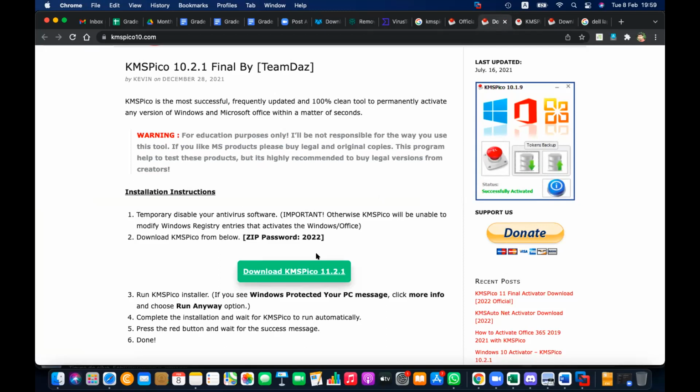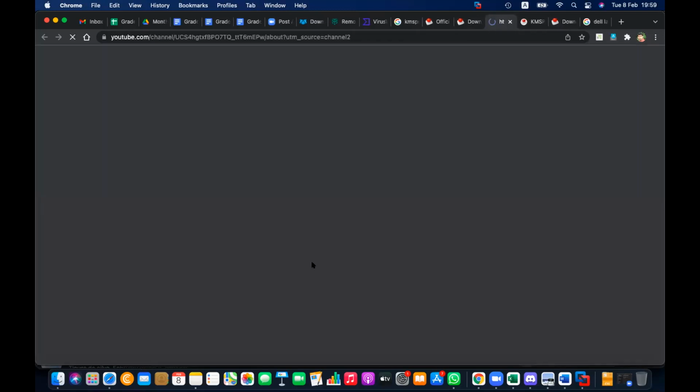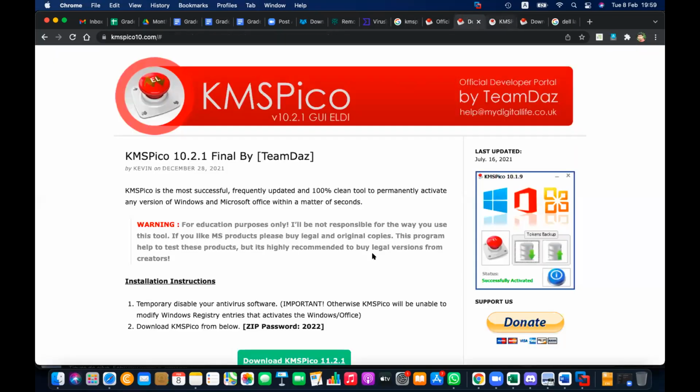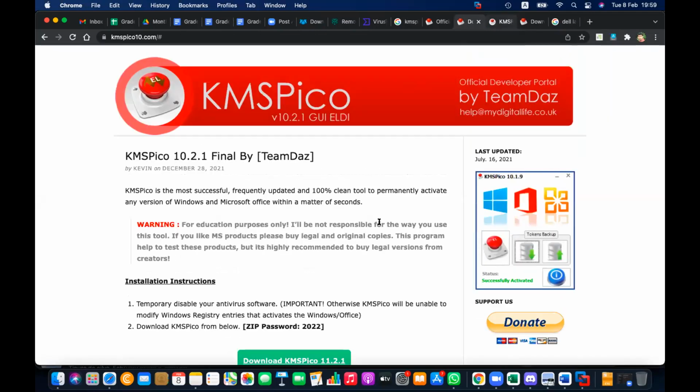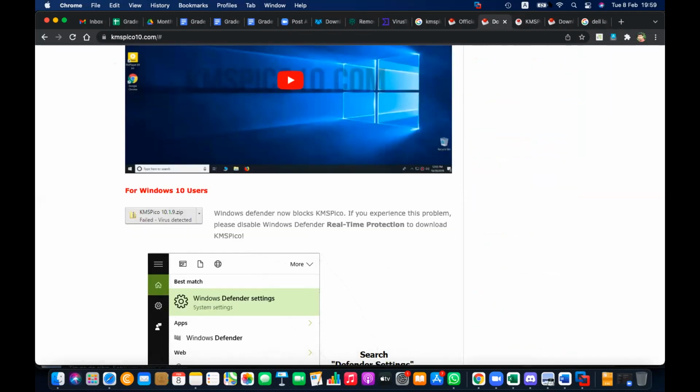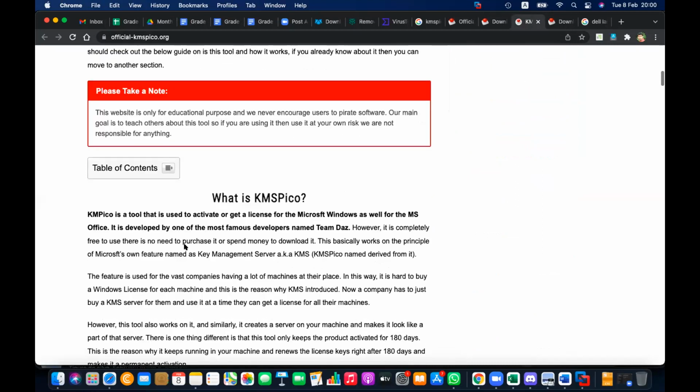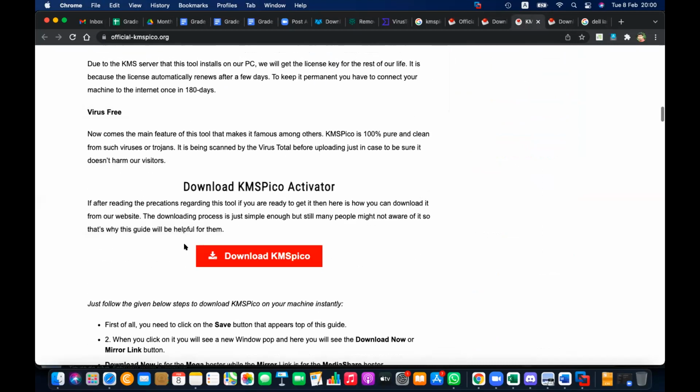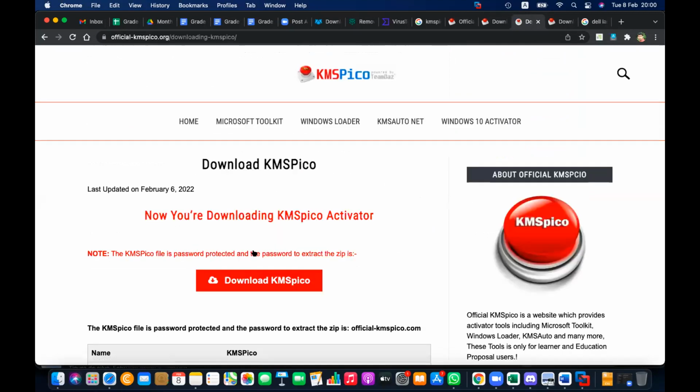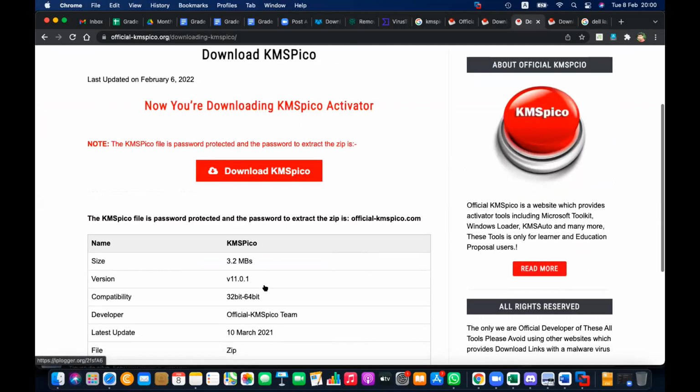If you download this, okay, let's download this. It's going to a YouTube channel. Can activate Office with CMD codes. Sorry. You suggest me a method. I'll show you anyway. That's a virus. Okay, let's download this. And the zip is password protected. What is that password? Official kmspico.com. Let's download.